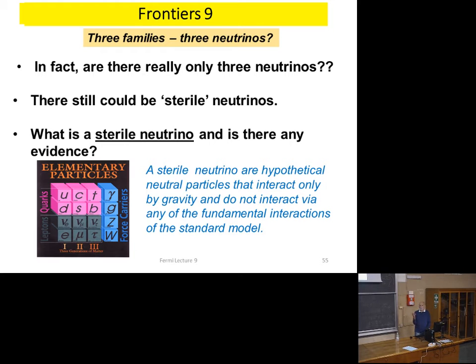For example, since we know it has mass, if a neutrino happens to be more than half the mass of the Z particle, then it wouldn't affect the width of the Z particle, so there could be more. There could also be a class of neutrinos that interact differently. And this is a very popular idea that people use and develop in particle physics because it could solve many other problems that are unsolved in particle physics. So it's a popular idea for people to